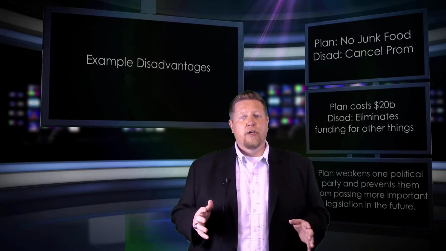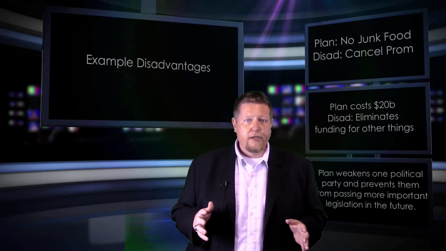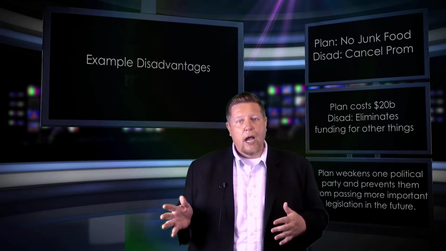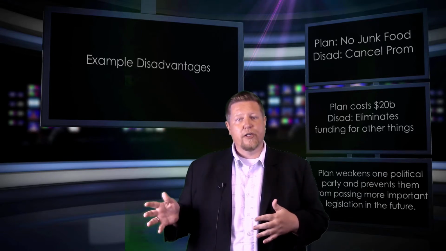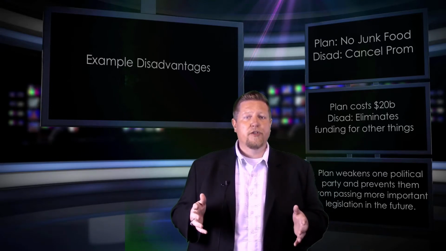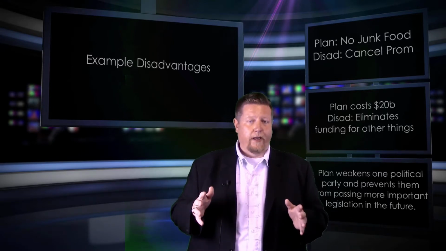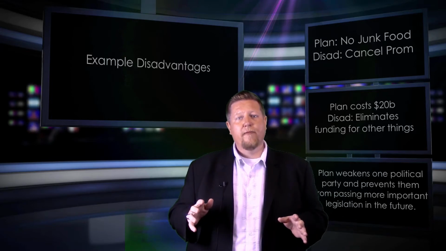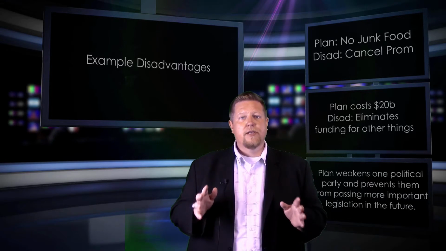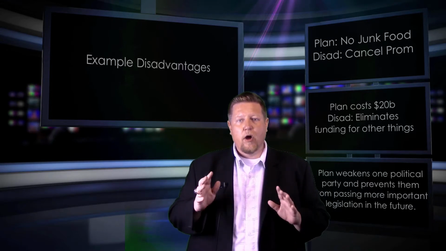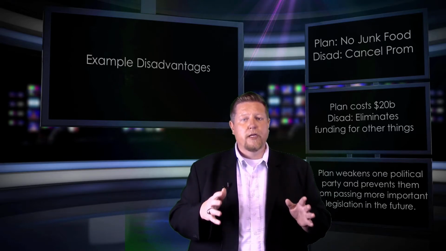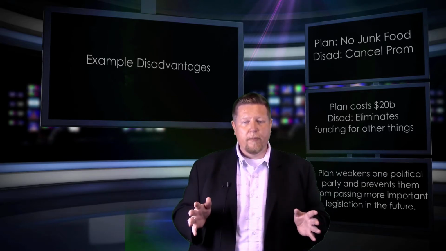The third disadvantage we'll talk about is a politics disadvantage. The thesis of the politics disadvantage is that passing an affirmative plan weakens one political party and prevents them from passing legislation in the future that's much more important. Let's say, for example, that the affirmative team proposes a plan to reduce military surveillance. Now, the Democrats would probably favor that plan, and the Republicans would probably oppose that plan. But let's say that through some sort of favors and arm twisting, the Democrats won, and the affirmative plan would reduce military surveillance. That's a big win for the Democrats.